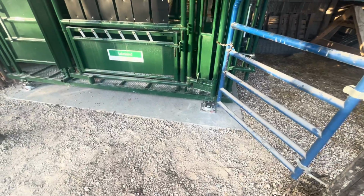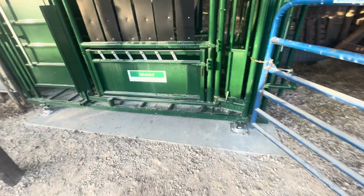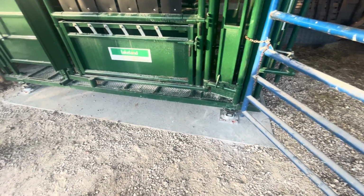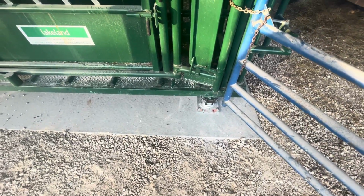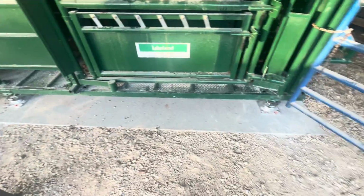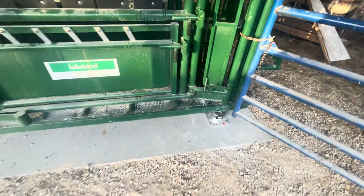Today we're looking at the finished product. We got our Lakeland squeeze chute put in, and we got the concrete slab down. We put lead sinkers in there. We've got it bolted down to the ground, and then we were able to jack that chute up, and we actually put